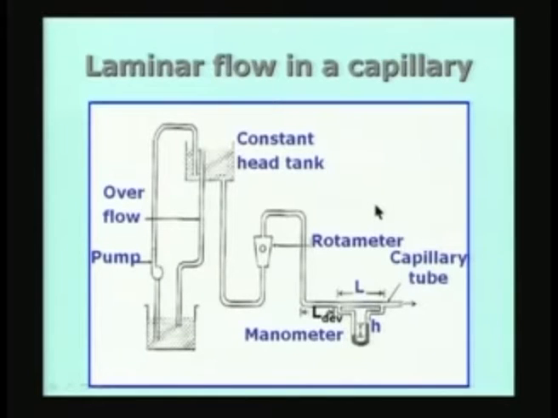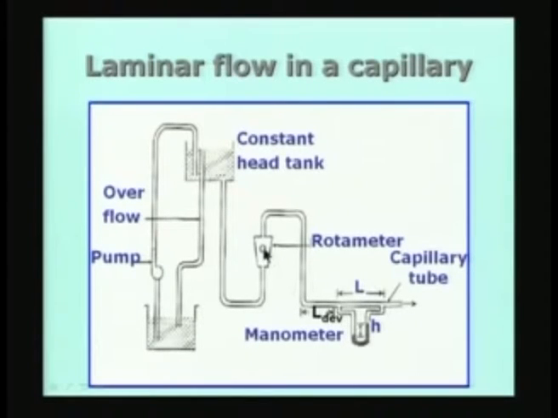So, what is required for the apparatus is very simple. I require a certain length of tube. I have to allow for development length, and the tube must be longer than the development length plus some length for which I am going to measure the pressure drop. So, I have taken a length equal to L development plus a subsequent value L across which I am going to measure the pressure drop, which is actually measured using a manometer connected between these two tappings here, one on the upstream side, one on the downstream side.